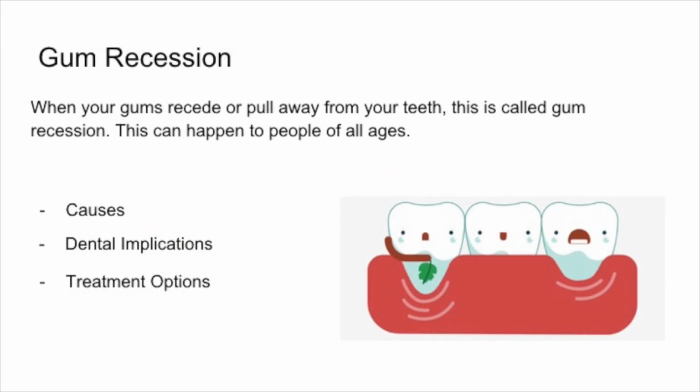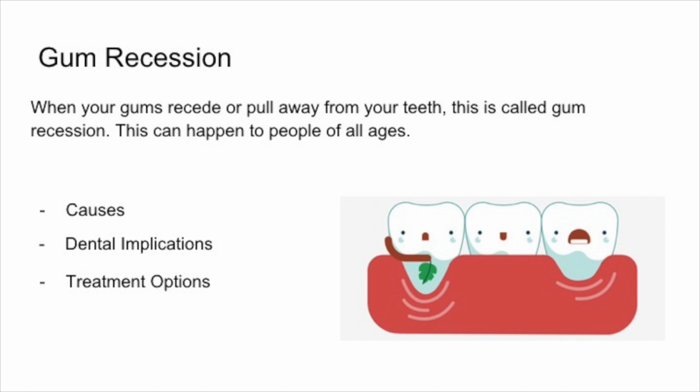So next we're going to be talking about gum recession. When your gums recede or pull away from your teeth, this is called gum recession. This can happen to people of all ages. Gum recession can be caused by brushing your teeth too hard or using a hard bristled toothbrush. This can also be caused by smoking tobacco products, trauma to the gum tissue, and if partial dentures do not